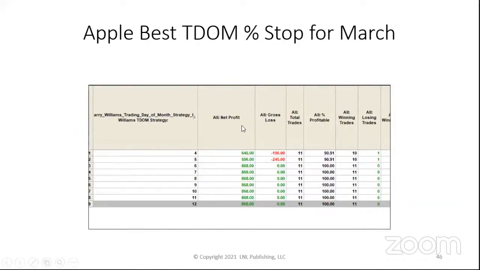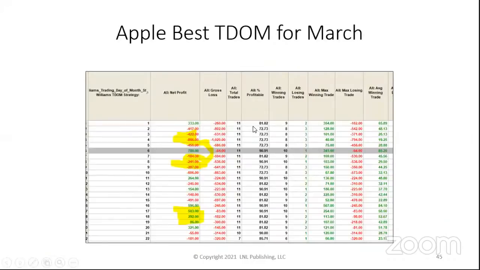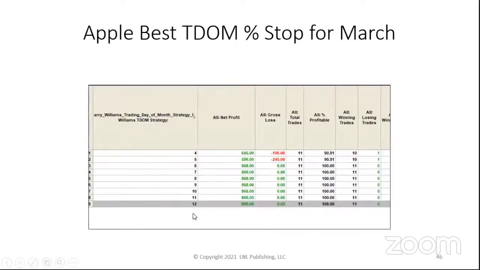Okay, all best. We got the best trading days of the month for March. Trading day 6 pops up, but I don't like that. There's a lot of red around it. Trading day 17, 18, that looks a little bit better because 90% of those trades have been successful. So I'm going to focus on this time period, and then I'm going to say, what's my best stop? 4%, 5, 6, 7, 8, 9%. Well, notice that once we get to 6% stop, we have the same profit on all those trades. So we say, probably 6% stop would be our best stop.